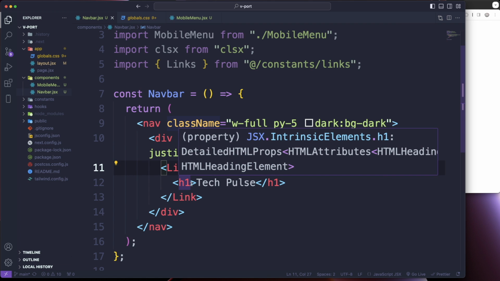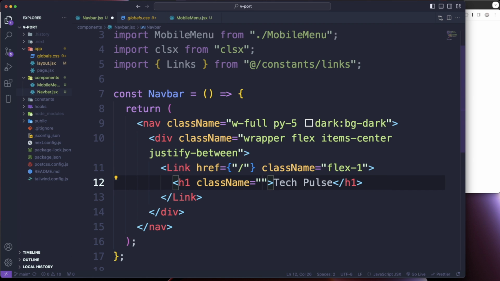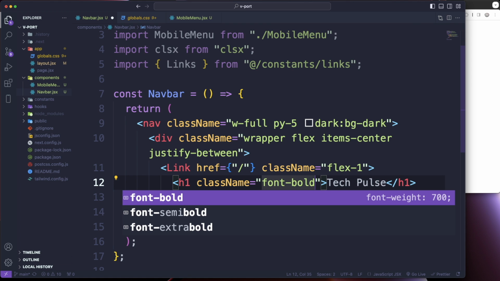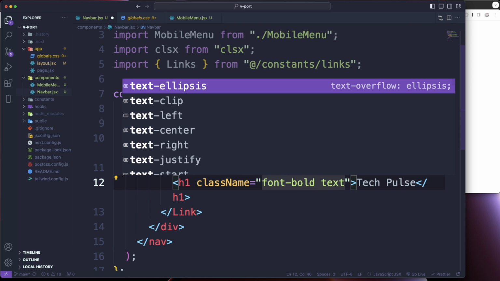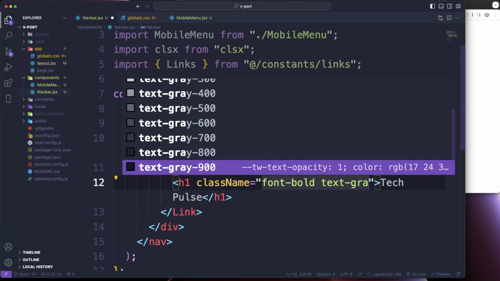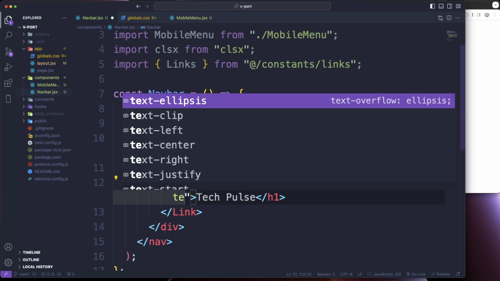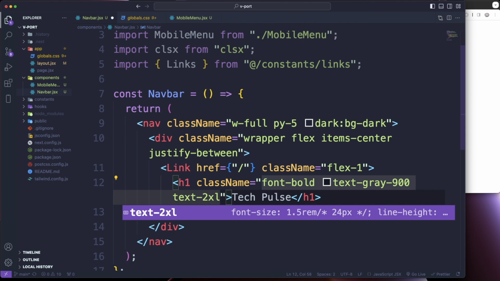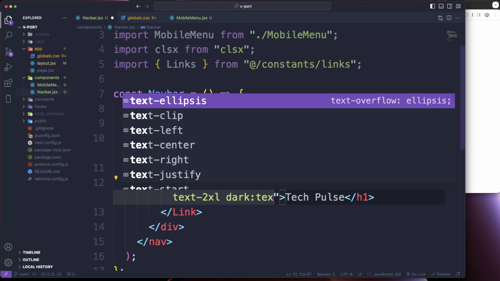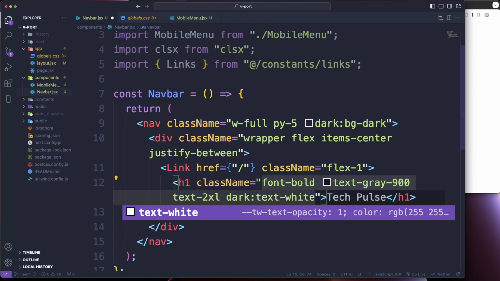And for the h1, this is gonna have a class name of font-bold, a text of gray 900, text of 2XL, and on dark screens it's just going to be a text white. Okay,